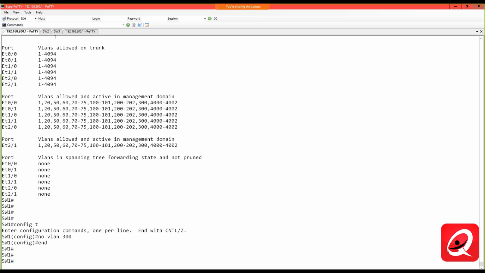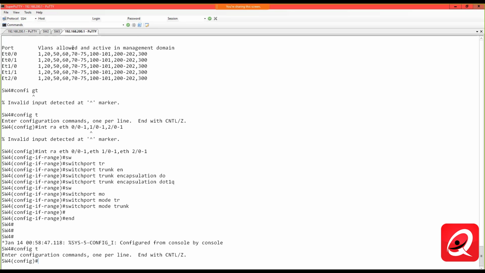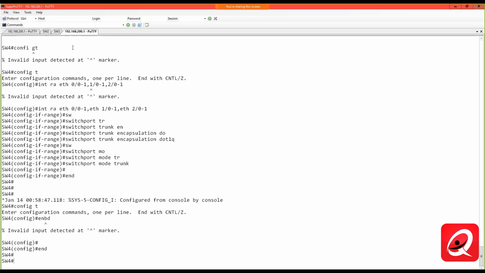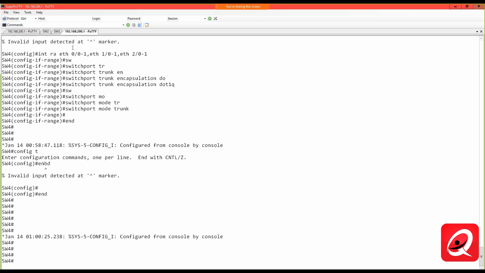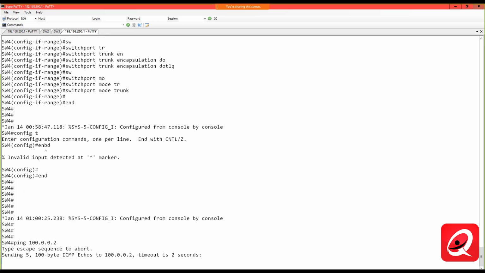All right. Now this ping should fail unless spanning tree is taking a different path, but switch 1 is the root, so it should, even though VLAN 300 doesn't exist on that switch, it should, well, you know what? It's probably going to end up renegotiating the root to be switch 2 or switch 3, but let me do a ping. 0.2. Yeah, so the ping is failing now because it still thinks that it needs to go to switch 1 as